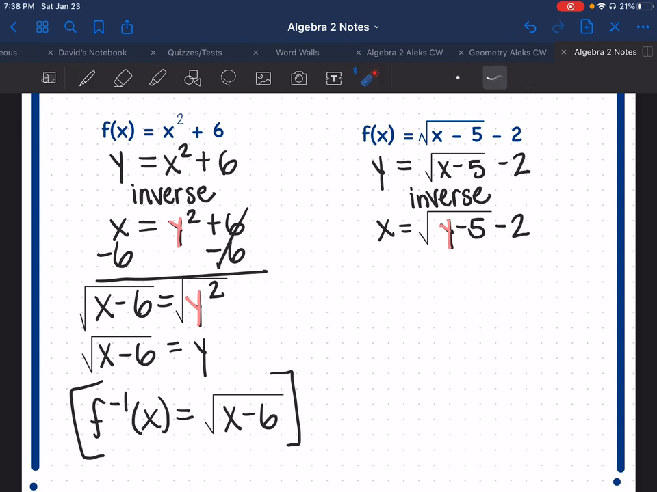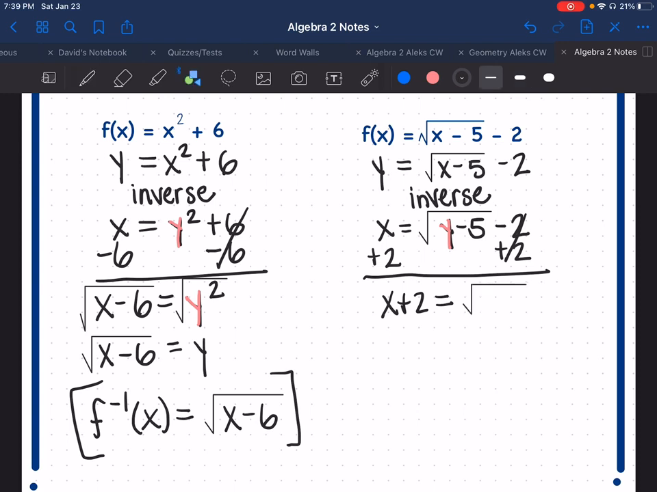So let's take a look. What's bothering it? Well, not x. X is on the other side. There's a minus 5, there's a square root, and there's a minus 2. Since the minus 5 is underneath the square root with the y, I have to get rid of the minus 2 first. So I'm going to add 2 and move it over here with the x. So let's do that first. There we go. X plus 2 equals the square root